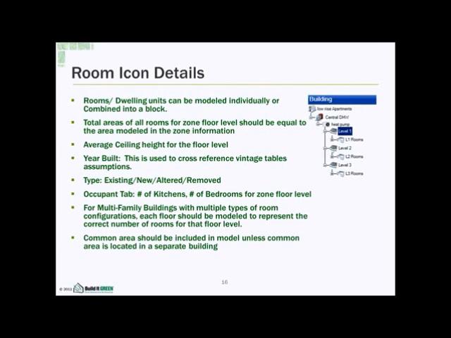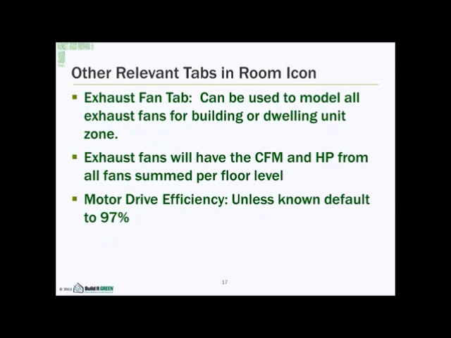So I'm going to go back to this last slide here. This room icon, which I labeled L1 rooms, will have a tab that says exhaust fans, and it will ask us what is the output of CFM and the output horsepower. If you're doing your sampling, you can say, okay, I checked out 10% of the rooms on this floor, and they came up to maybe, let's say, 30 CFM per dwelling unit, and they all had a 1/8 horsepower motor. You're going to add up all the CFMs and horsepower, and you're going to put that into the exhaust fan